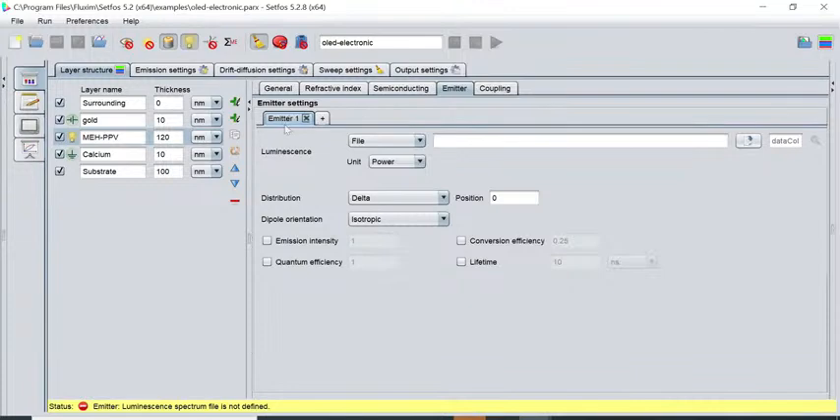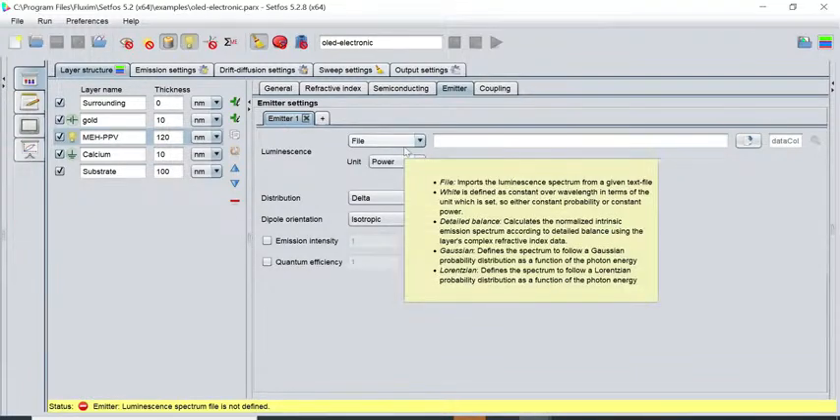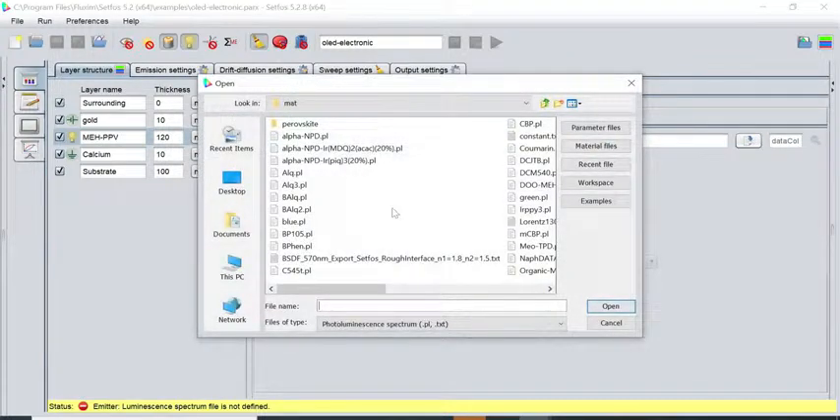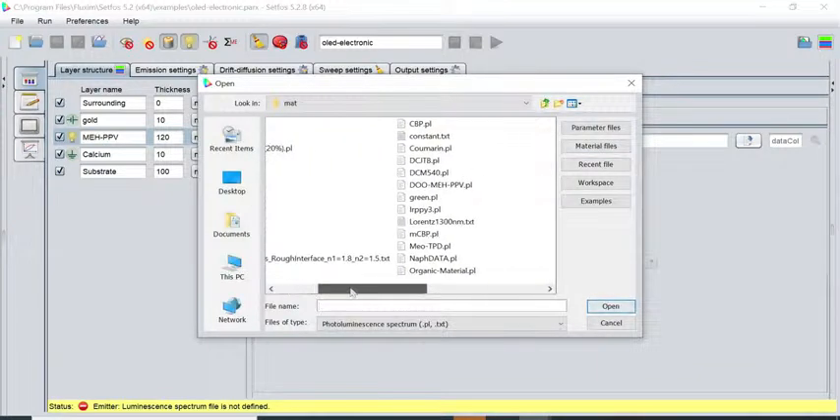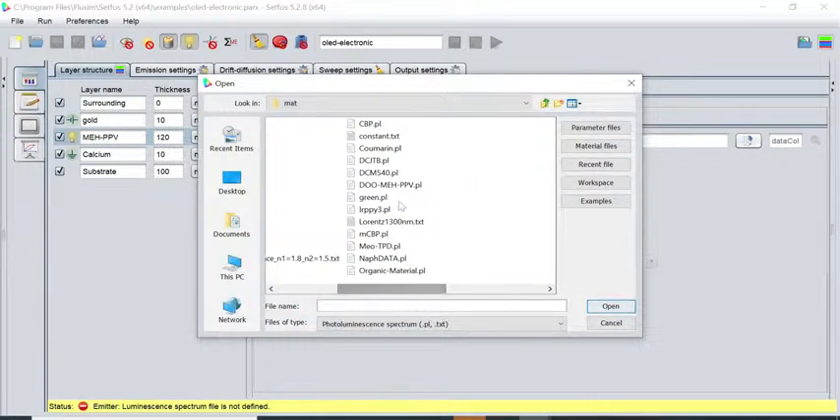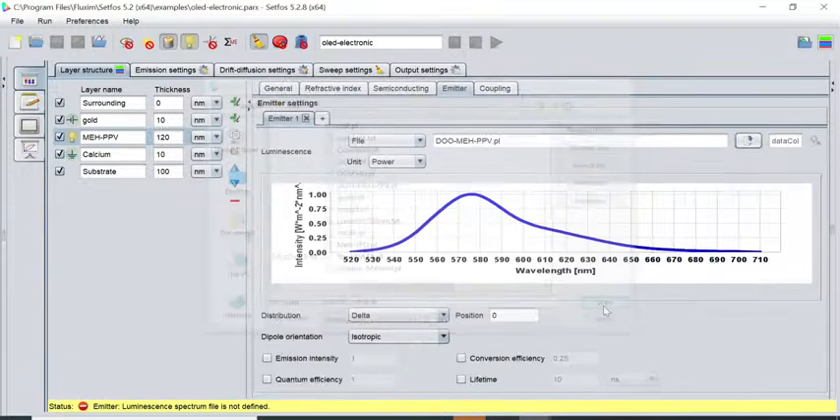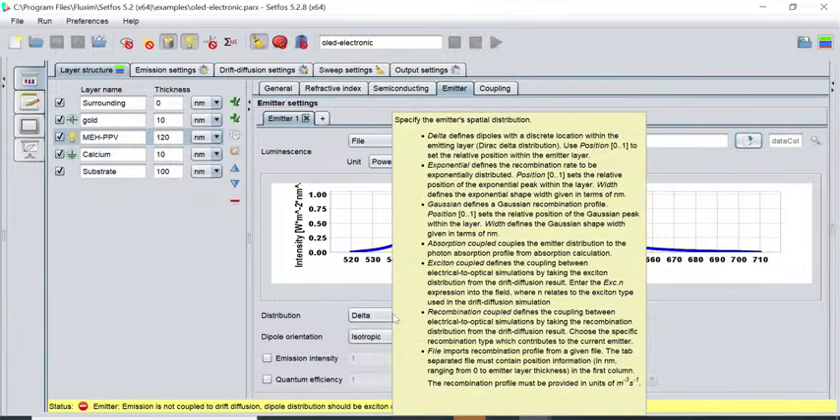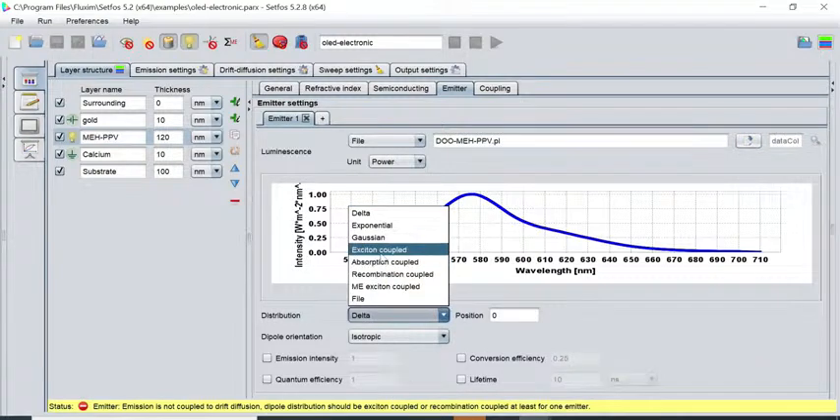Now go to this emitter setting and import the luminance file. I click on choose the file and this is photoluminescence file that I can pick up and click on open from the material database. Now finally it enables the coupling between the excitons and dipoles. Now select the distributions and select exciton coupled